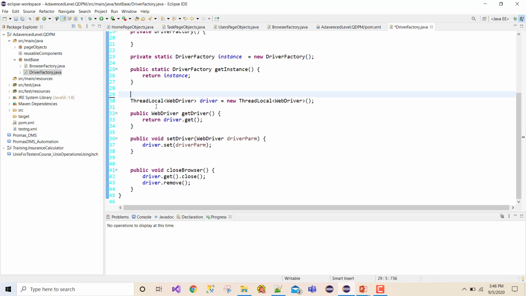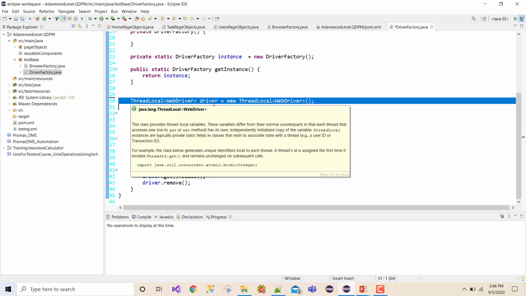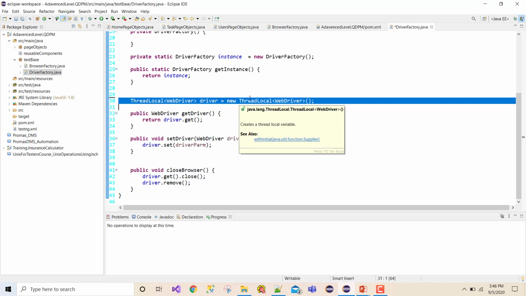I'm not going to put all those descriptions over here, whatever I did mention, but a quick point: this ThreadLocal is the main line. We are just creating an object of this particular ThreadLocal class, which provides thread-local variables. Each thread holds an implicit reference to its copy of a thread-local variable as long as the thread is alive.